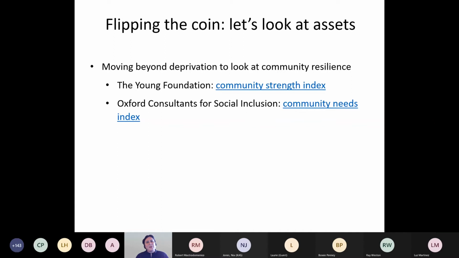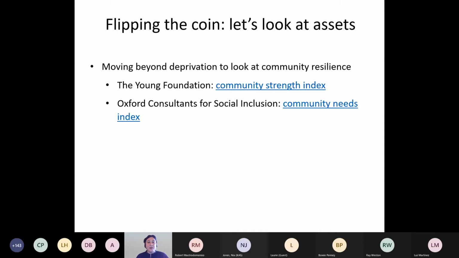Okay, this was supposed to be the end of the last conversation, but that's fine, I'll do it because it was my slide. So this is just a very quick follow on from the previous slides looking at the uses of the indices themselves, but the indices have been used to look at other things, not just deprivation, not just the negative experience of people living in different types of disadvantage. They've also been used to develop a couple of community asset type indices. So I'm not going to dwell on them, but just to point out, it's not all about deprivation.